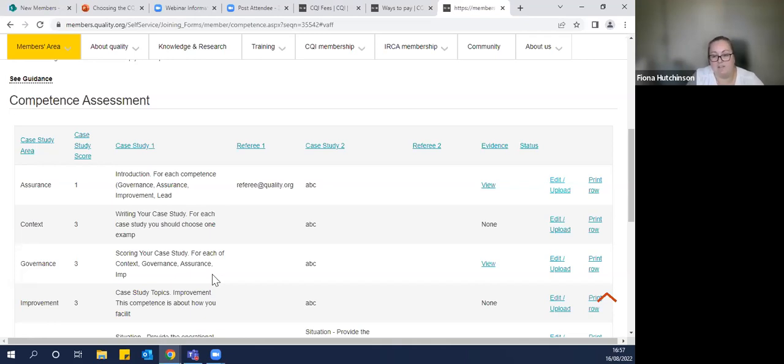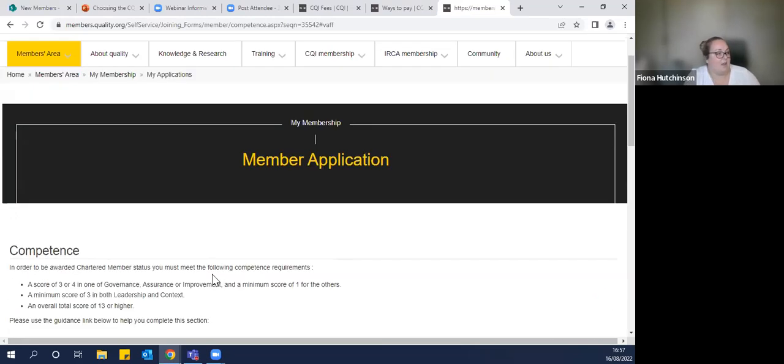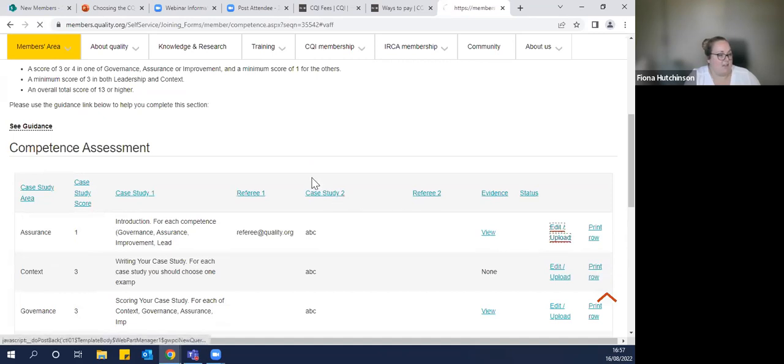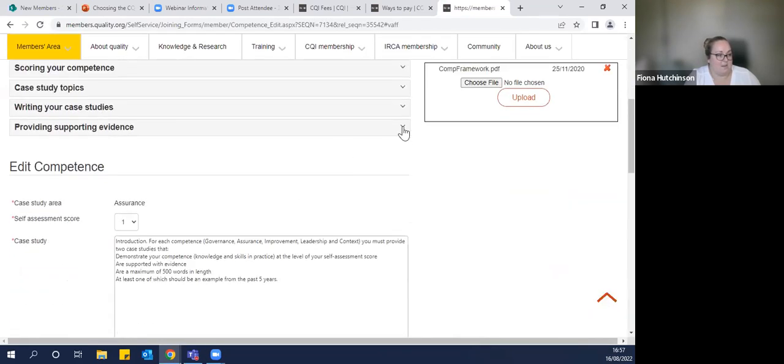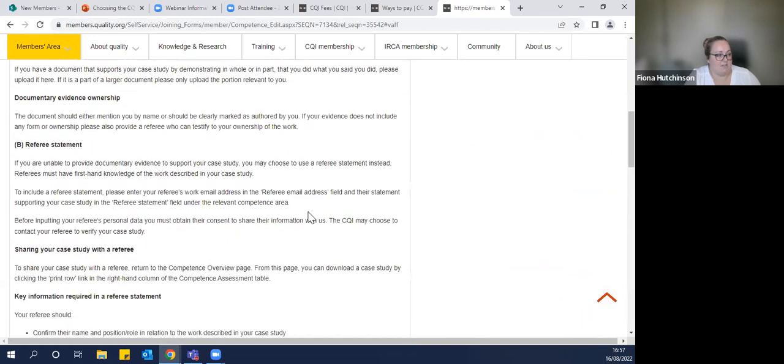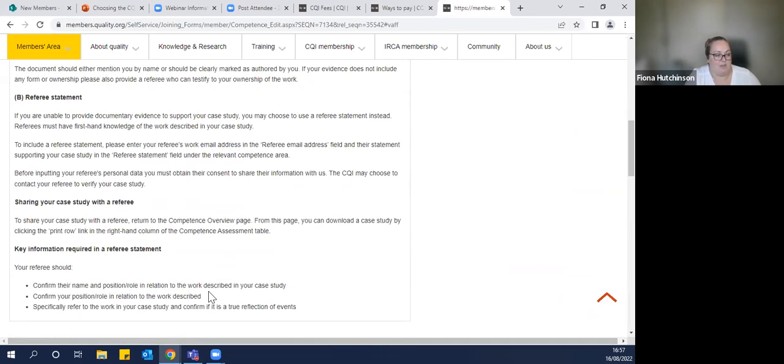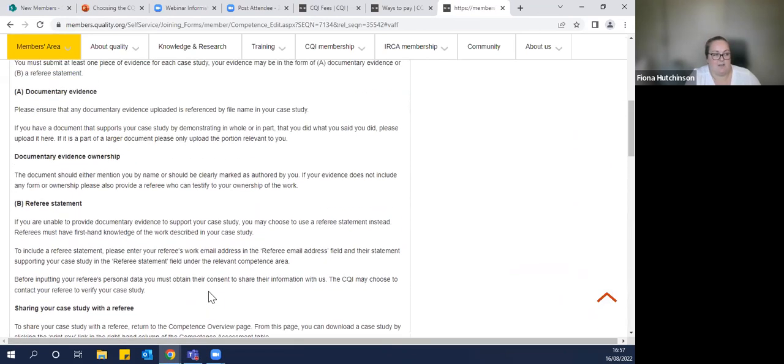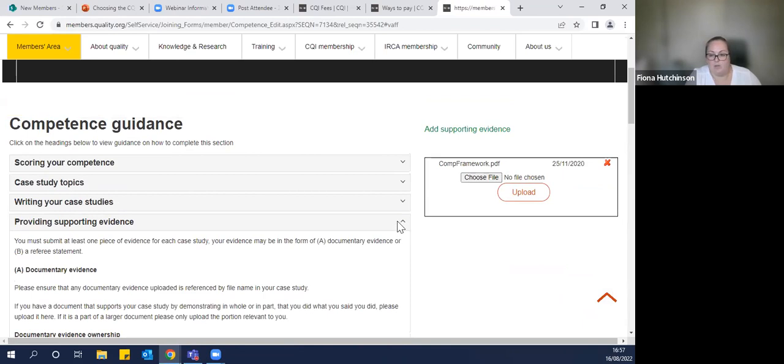You have to provide the statement yourself, saying what you've done and how you performed, and it should just verify that everything you've said in your case study is correct. There is information in the competency section about providing supporting evidence, and how to do things like share your statements with your referee if you need assistance in doing that for you.